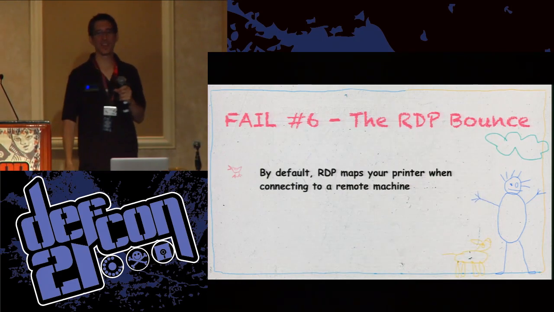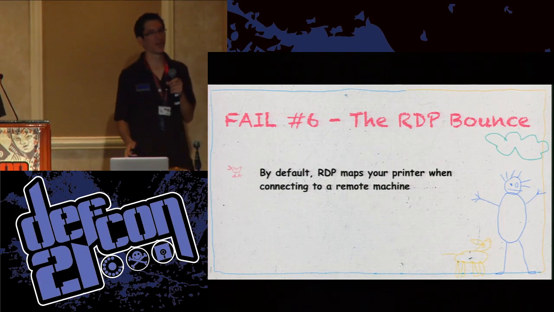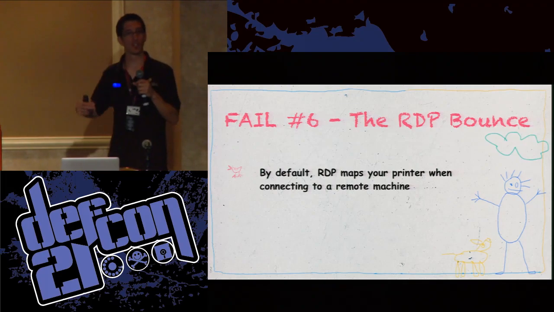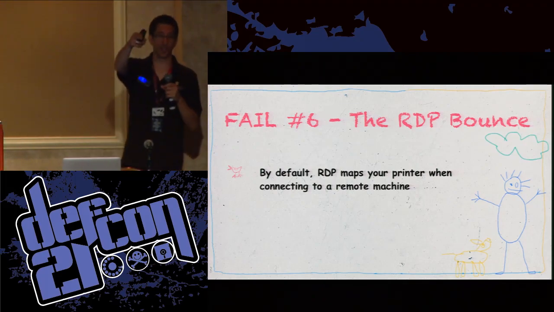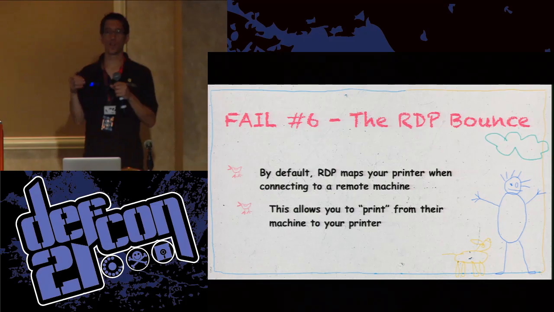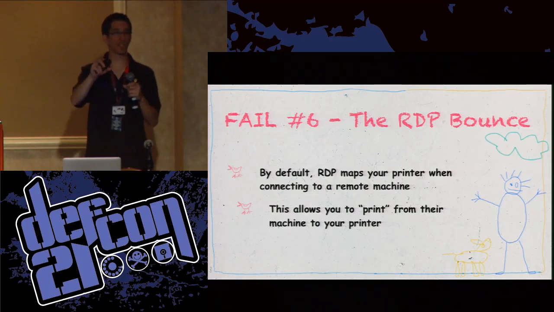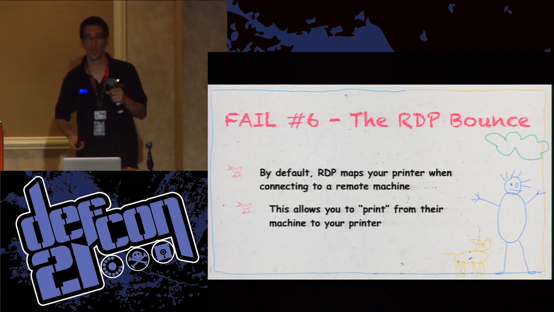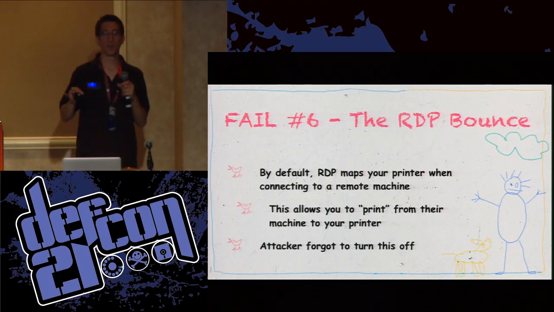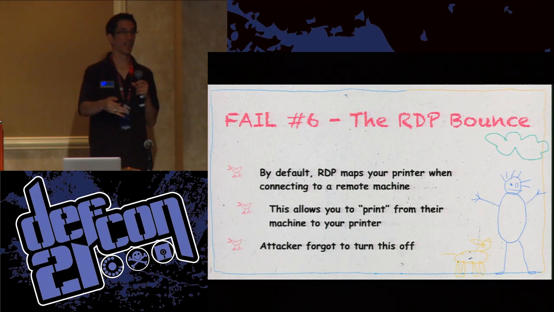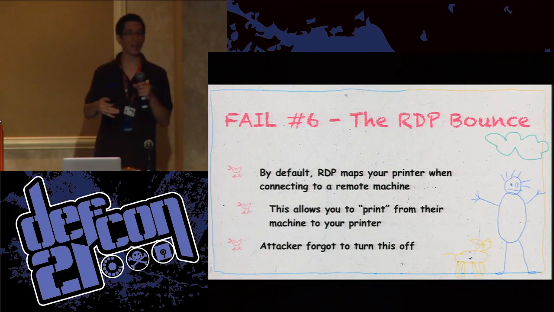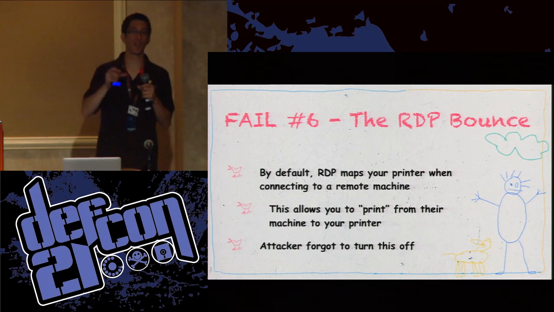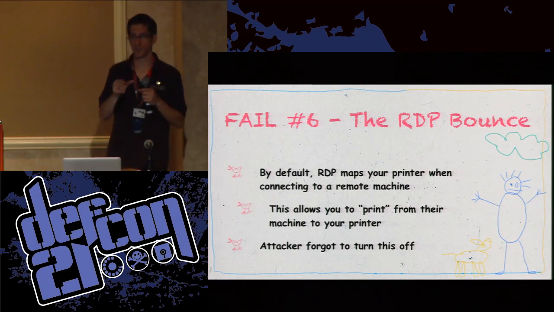So, one thing that a lot of people don't know about remote desktop is, by default, it maps the printer connected to your machine to the machine that you're connecting out to. It does this so that when you hit print inside your remote desktop window, your printer next to you is available so you can print a document beside you. Now, this guy didn't print any documents, but just by connecting, the machine automatically mapped his local printer to the target machine, which identified his machine name.